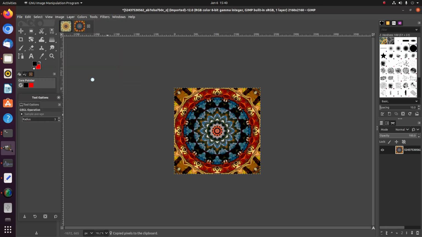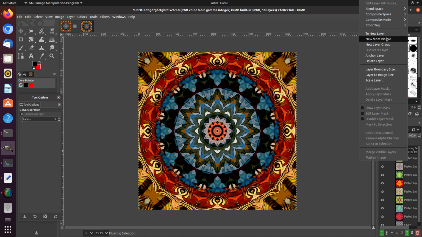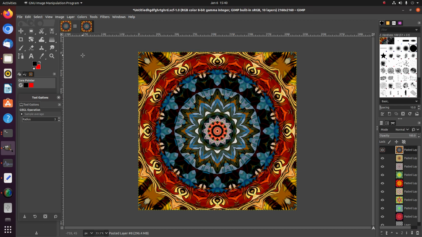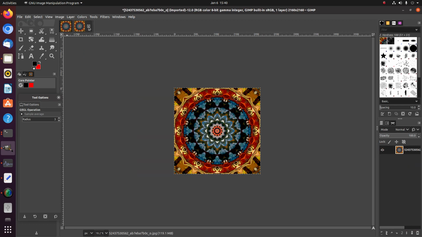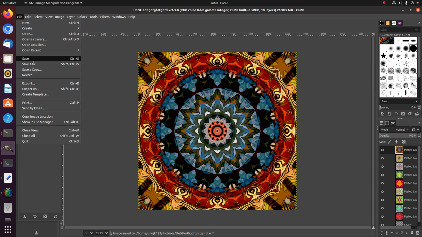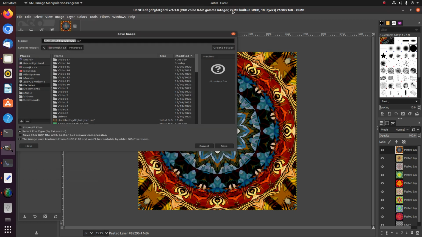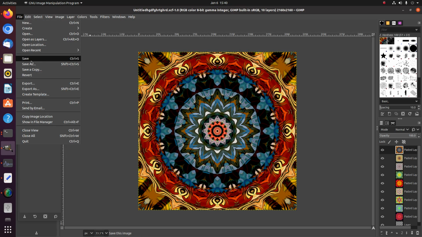Control Alt C, Control C, Control V, and the new one, to new layer, Control S, discard the old one, file, save, file, save,